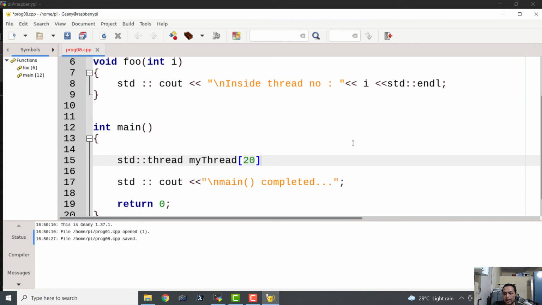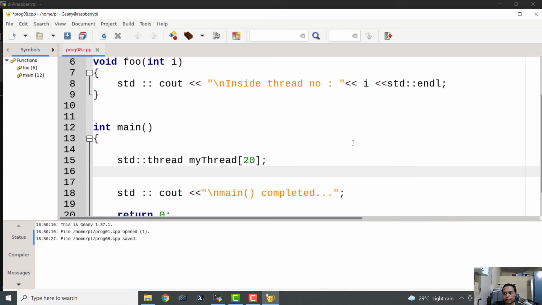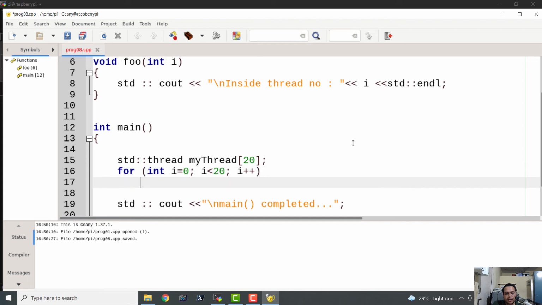Let us write a for loop: for int i = 0; i < 20; i++. And here I'm going to assign the objects to these variables.